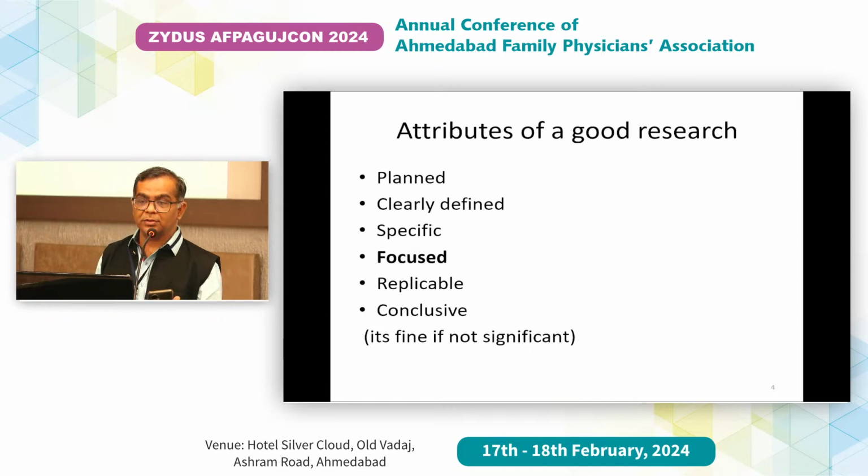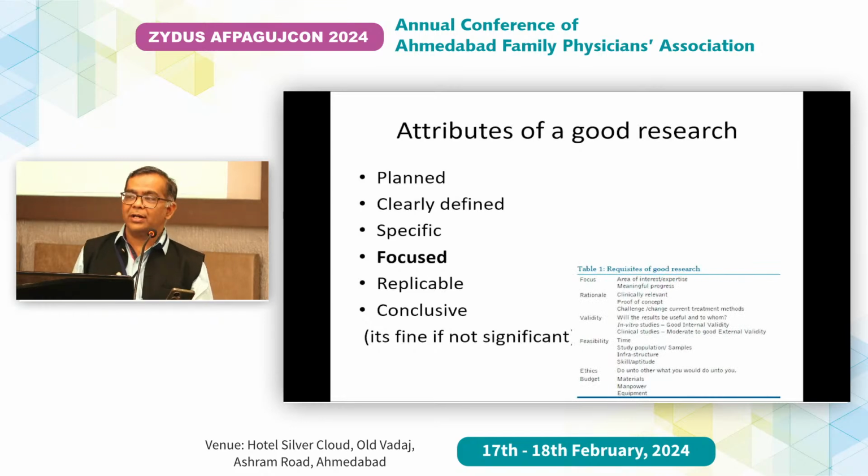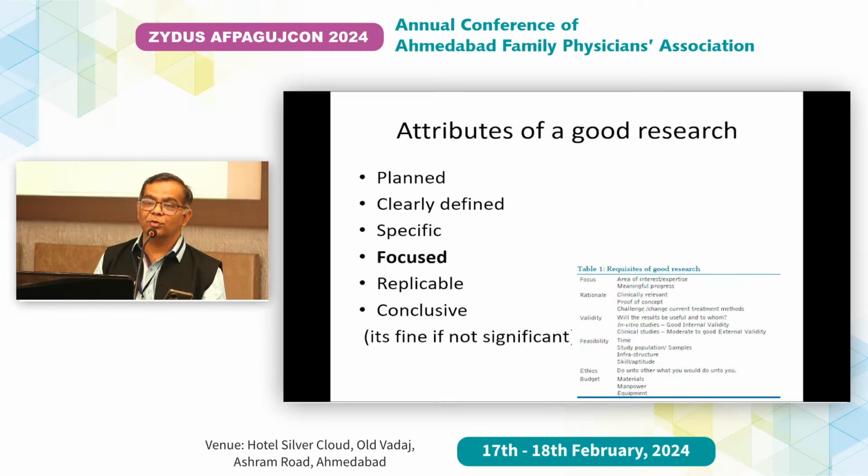ओके, सॉरी फॉर द टेक्निकल ग्लिच। तो अगर हम आगे देखते हैं तो और एक चीज एथिकल होनी चाहिए। आप कुछ रिसर्च करना चाहते हैं वो एथिकल होना चाहिए। तो प्लांट क्लियरली डिफाइंड, स्पेसिफिक, फोकस, ये सब बात हो गई, लेकिन आप ऐसा कुछ नहीं करो जिससे लोगों को दिक्कत हो या एथिकली लोग अपने को ब्लेम करें। अभी 2019 में एनडीसीटी रूल आया है और 2017 में आईसीएमआर की गाइडलाइन है, तो ये दोनों गाइडलाइन हमको फॉलो करनी है।